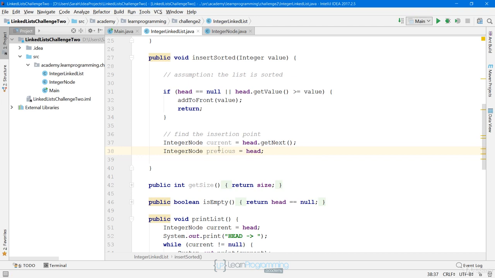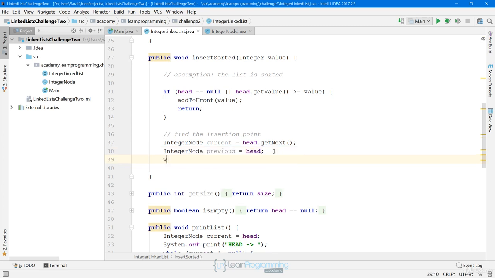So when we start out, our current node is going to start at the head, at head.getNext. That's the first value we're going to check. And our previous node is at head. Our previous node is always going to be one behind the current node. And then we're going to say while current is not equal to null, and